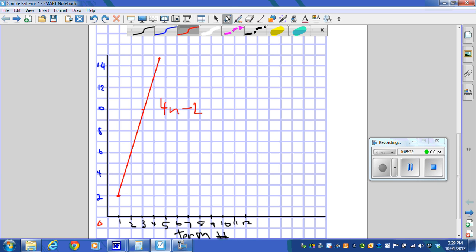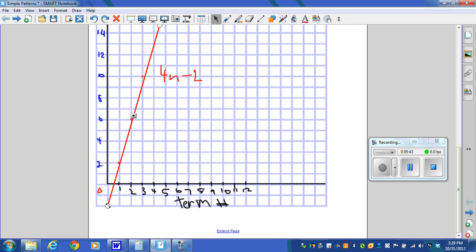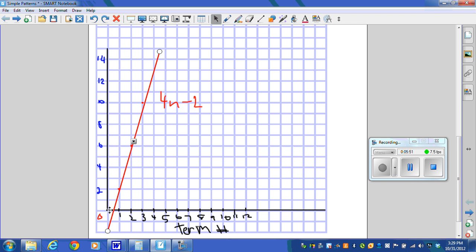Now if I continue that line along that same trend, I'll notice that it's going to hit my 0 below that line. Does that make sense? That means my 0 term is going to be in the negatives. And you notice the line doesn't start right at 0. We discovered that not all lines start at 0. They work their way through